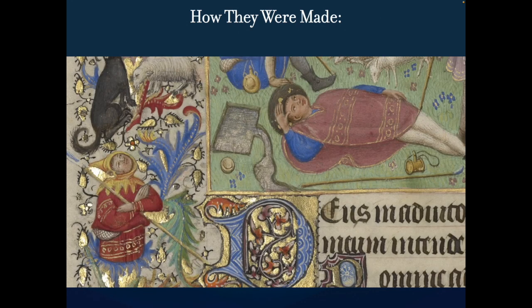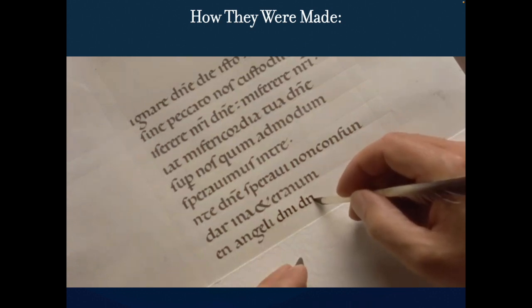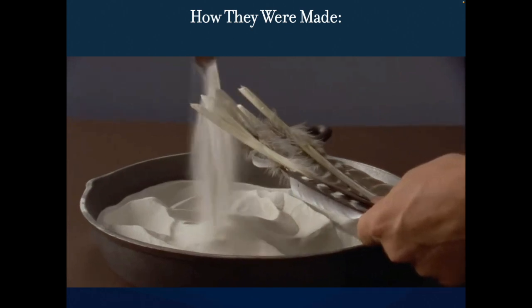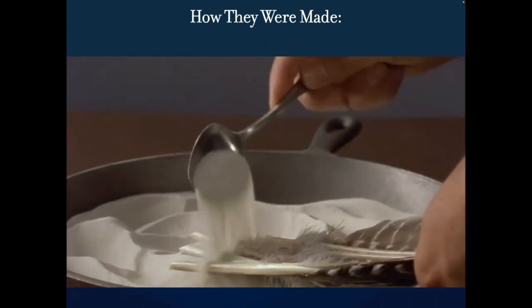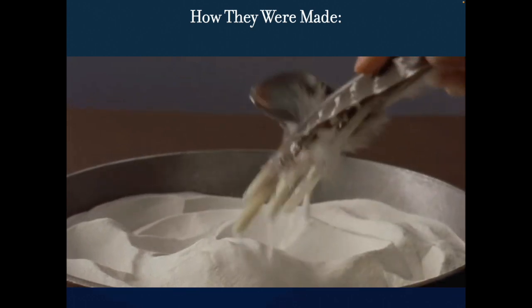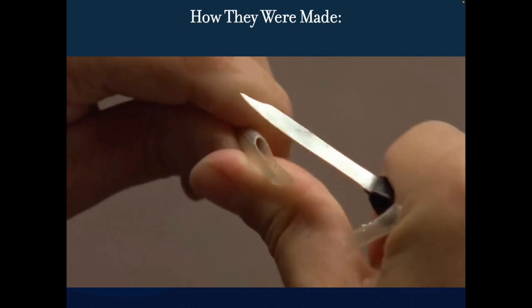The vibrant illuminations in a medieval manuscript often overshadow the words on the page, yet the writing of the script was as important as the painting of the images. The tools of a scribe, the person who copied the text onto the page, were simple. Pens, called quills, were made from the feathers of a bird, which were soaked in water, dried, and hardened with heated sand. The scribe carved the quill to a rough point,